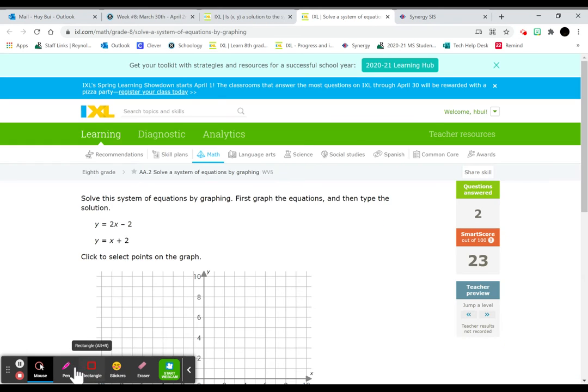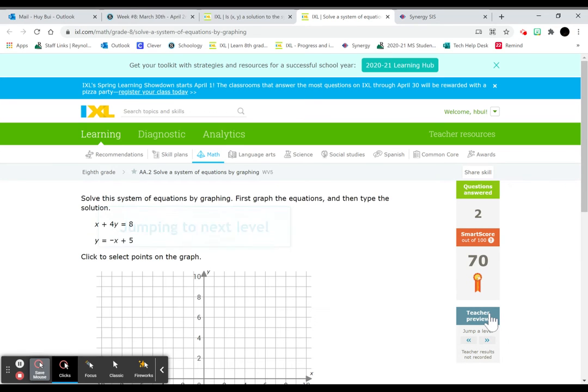Excellent. So all the steps for all of these problems are going to be exactly the same. Graph the two lines and then find where they intersect. Go ahead and jump to the next level. Let's see if it can get any harder. Of course it will. So here it's going to review